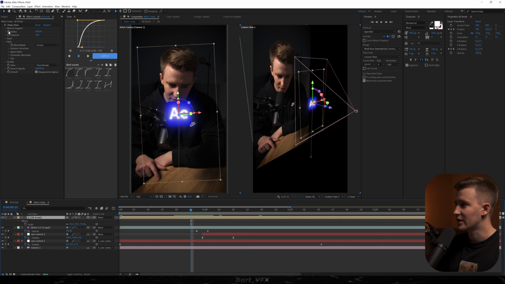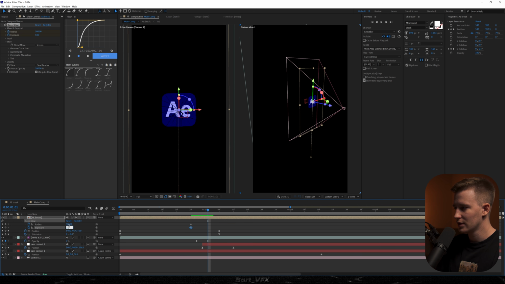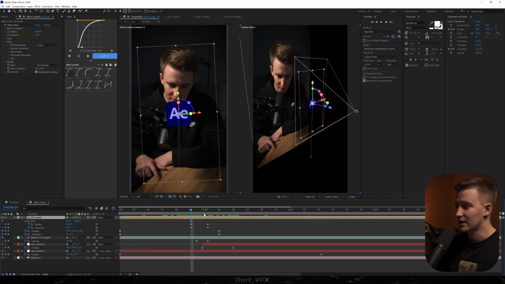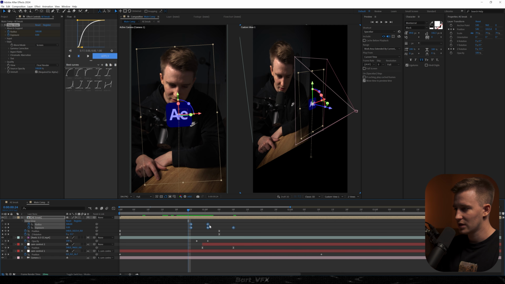So now we're gonna keyframe exposure and radius. Hit U on the keyboard, and I want the exposure to go from 0, and then we're gonna bump it up to 1 and increase the radius as well to like 1500. It's starting to look pretty good, but what I want to do here is drop down that glow effect. So we're just gonna change the exposure to, let's say, 0.5, and now we're gonna select these keyframes, hit F9,